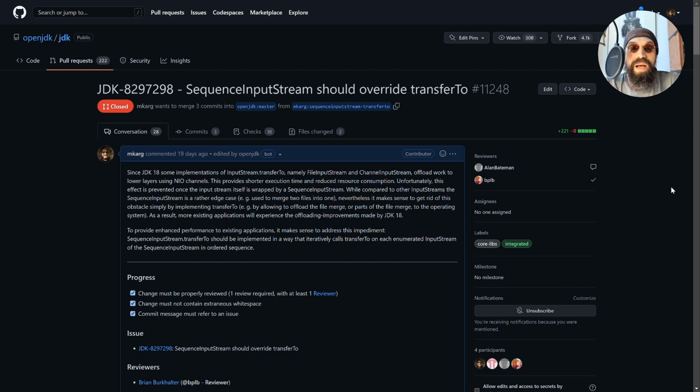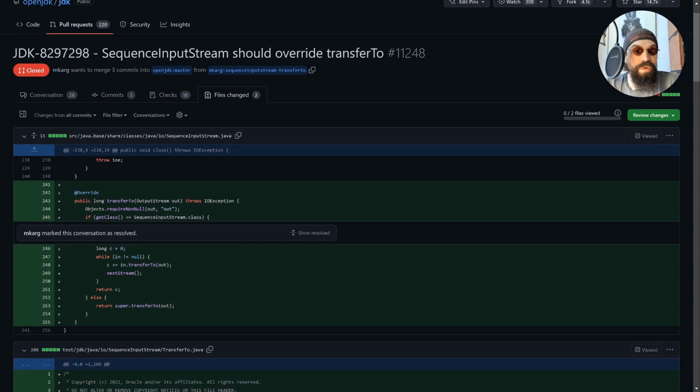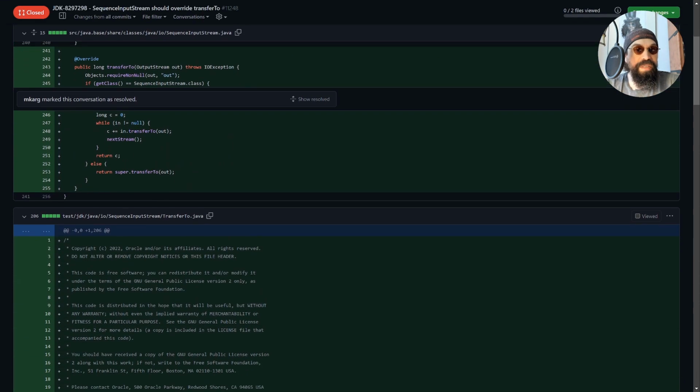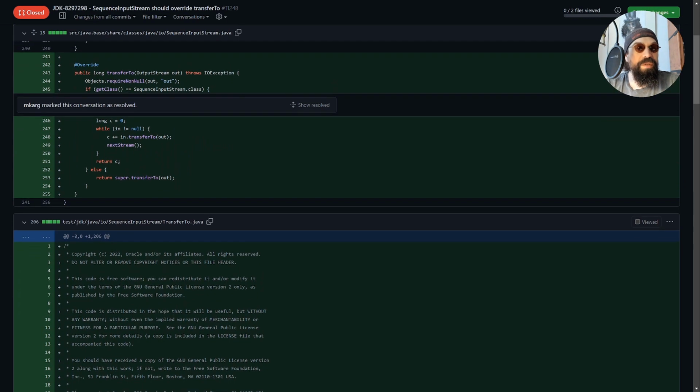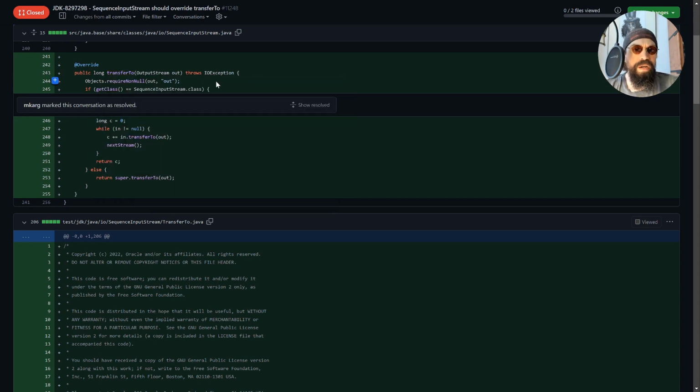So this time I was tweaking the SequenceInputStream, and let's look into the code to see what I actually did. So we're ignoring the discussion here in the middle of the code. What I did was implement transferTo. It wasn't implemented before, just as I said. So what is the code doing? The first thing I always do in this kind of tweak is implement the requireNonNull check